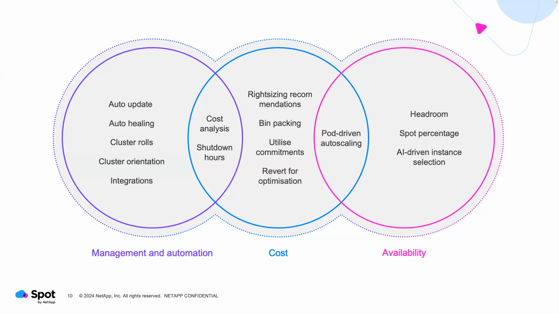Some of these have been around since the product was launched. Some of these have come out of customer requirements. They want to have different things addressed through Ocean for them. One of the more recent ones is the one in the top right, which is auto update. Some customers want this, some customers don't want this, and it's essentially us monitoring, through EKS, the releases of the AMIs that come from AWS and auto updating them into clusters for people. And then as the instances get deployed, they're on the new image automatically. The upgrade's done.